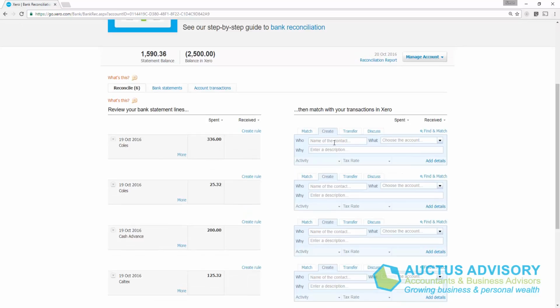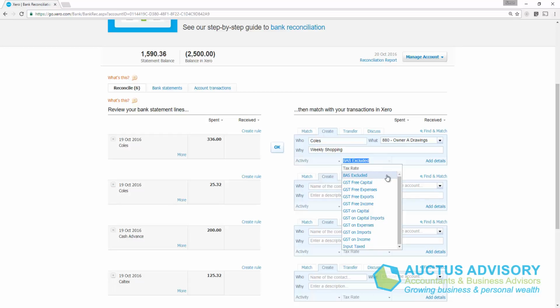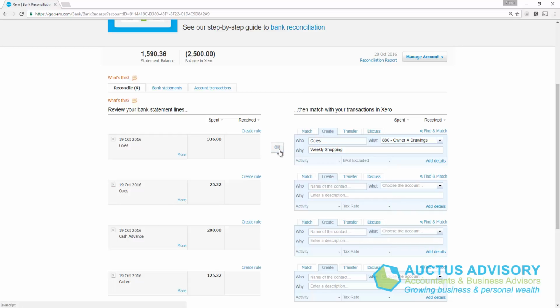First of all, we've got a transaction for Coles. So let's type in, well, that is Coles. In this particular case, we've actually done our weekly shopping in the business name, so we'll call it drawings. And we'll just write a little note saying that was the shopping. No activity, and there's no GST obviously because it is your personal spending. That's